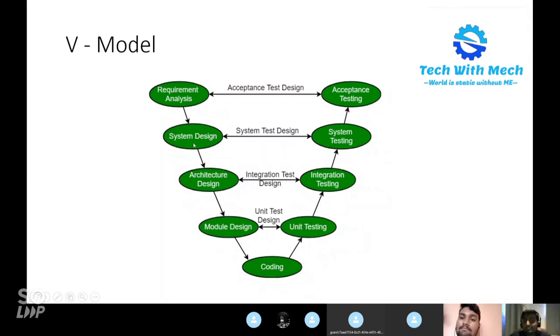Next is the system design. When the system design is done, you know how the system behaves on the upper layer, so you have system testing cases too. You actually write the system test cases. I will explain the differences between these cases too, what they really test. Again, in the architecture, they have a plan for the integration testing, but they don't do any of the testing during this. The testing will be done once the code is available. For module design, you will have unit testing.